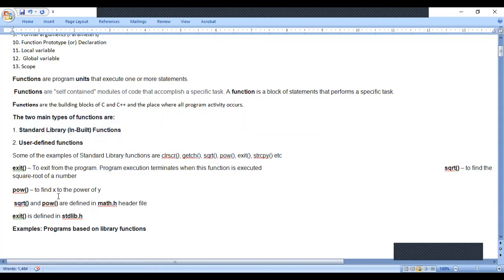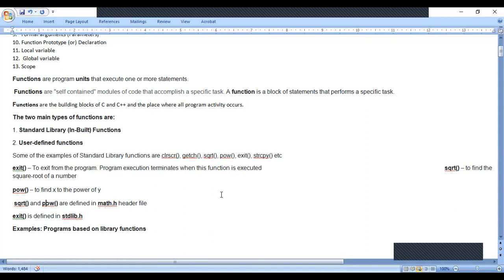For example, SQRT calculates the square root of a number. If I want SQRT to calculate x to the power of 5, I cannot do it because it is already defined. And if I want POW to calculate the square root of a number, we cannot do it because it is already done. But if we write our own function, say we name the function sum and do subtraction in it, nobody will question you. And if you name the function difference and do sum in it, nobody will question you.